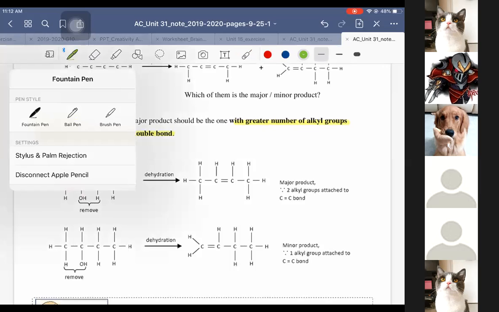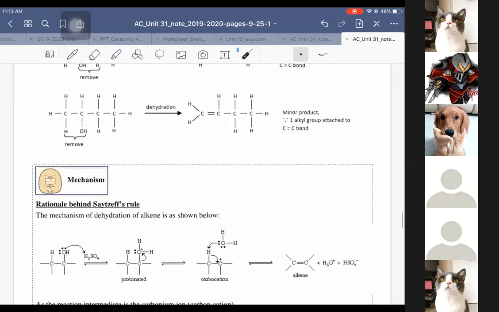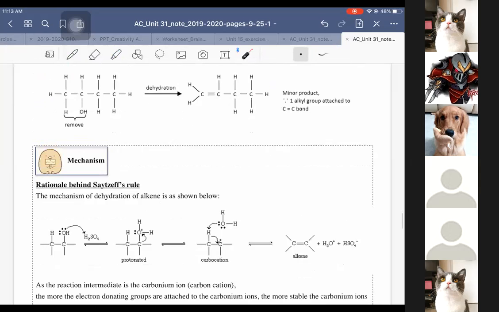But look at the one on the right hand side. This one is di-substituted. You can see it has one alkyl group on the left hand side and the other one on the right hand side. So the one I highlighted with blue is more substituted, with a greater number of alkyl groups attached to it. So if you see the mechanism, we need to, okay, so here first,